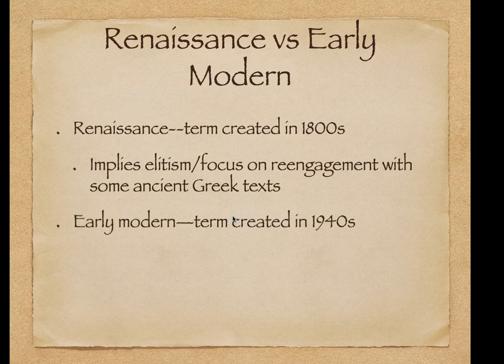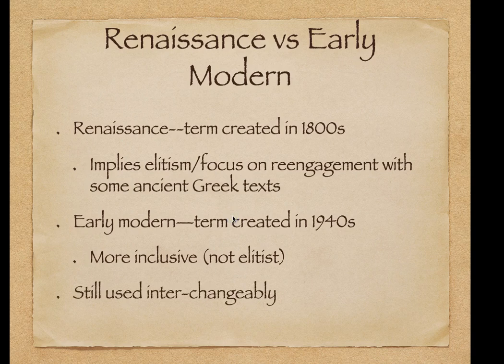Many specialists in this time period, of which I am one, prefer the term early modern nowadays. This term was first introduced in the 1940s and is more inclusive. Instead of just caring about the paintings made for the Pope or literature written for the ruling class, early modern studies looks at all kinds of material production. However, these terms are still used interchangeably. I'm the president of the Renaissance Drama section of the South Central Modern Language Association, for instance. I just wanted you to know that if you hear the word early modern, it is synonymous with Renaissance in this class.